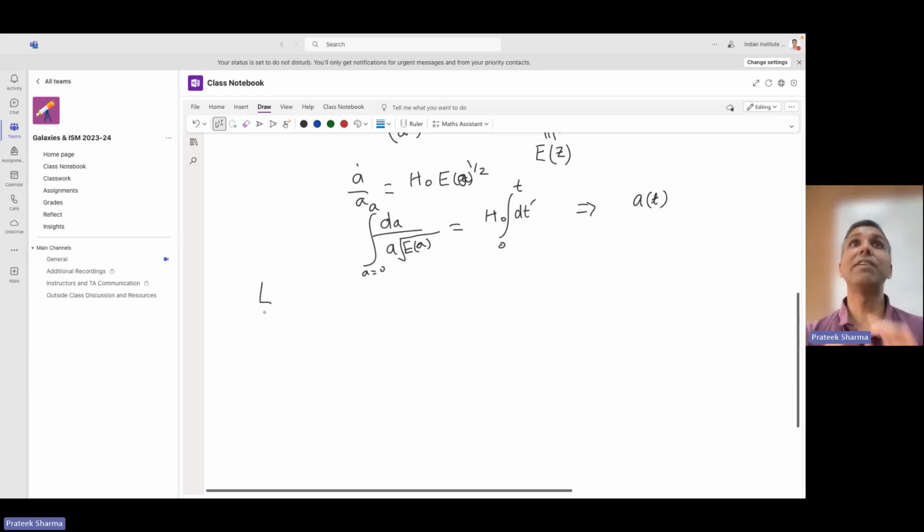There is a subtlety here which we'll not go into, which is something called the horizon problem and all that. Hopefully your other course will get into it, and basically the motivation for inflation. So you know that integrating from 0 is not a trivial thing. If you have a non-trivial evolution at very early times, this can change in subtle ways, but I'll not go into that. So this is not analytically solvable in general. Actually, for a flat universe, it is analytically solvable. So there is this Einstein-de Sitter model where omega matter is equal